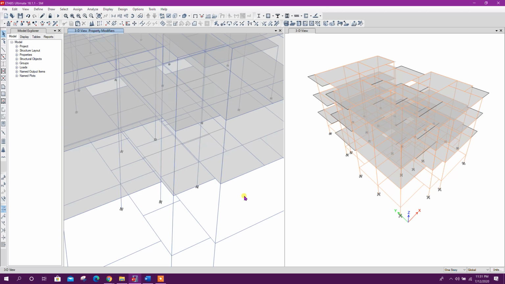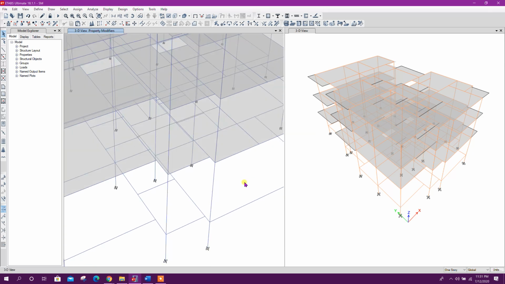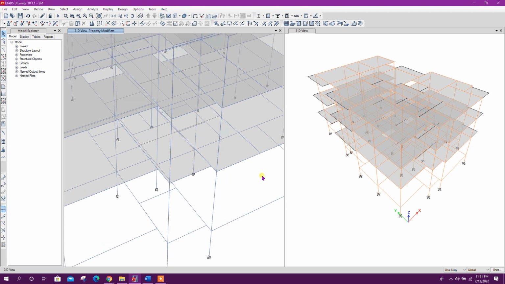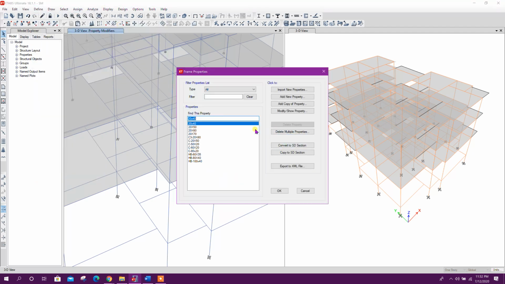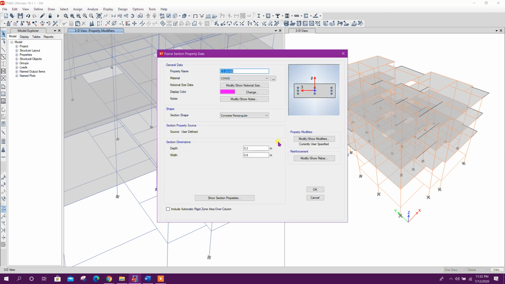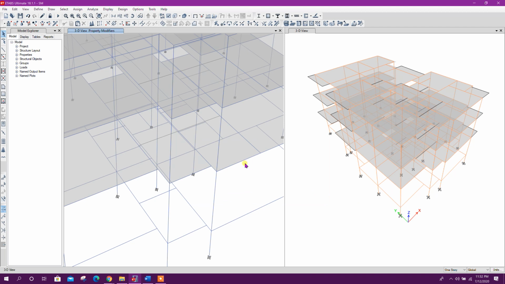After the design, when we need to check serviceability, we need to change the stiffness modifier. If we want to change the stiffness modifier from the frame section type, we need longer time. So in this case, what we usually do is try to save our time like this.